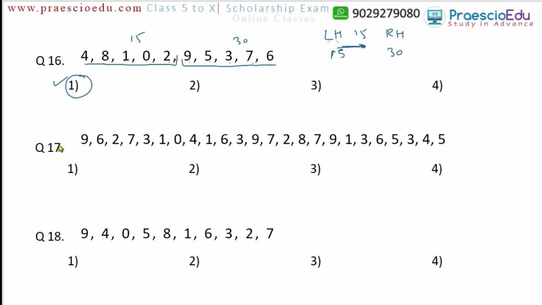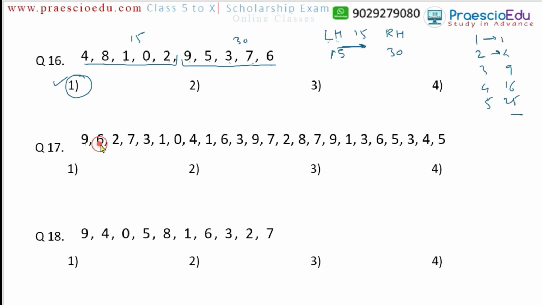In question number 17, in the series above, how many times is the sum of two adjacent digits a square number? Okay, so we have to make a sum of the adjacent numbers, and that should be a square number. In the previous video we already saw the square numbers. Okay, I just mark out the square numbers. 1 for 1, then 2 squared means 4, then 3 means 9, then 4 means 16, then 5 means 25. I think all are single digits. So in single digit addition the maximum is 18, because 9 and 9. So we will consider up to here.